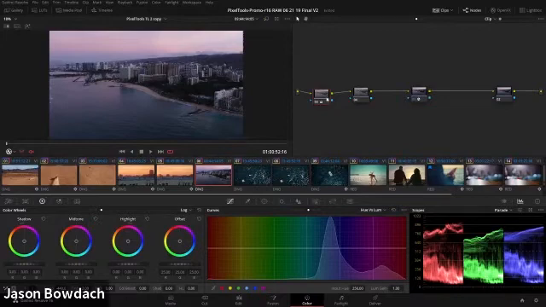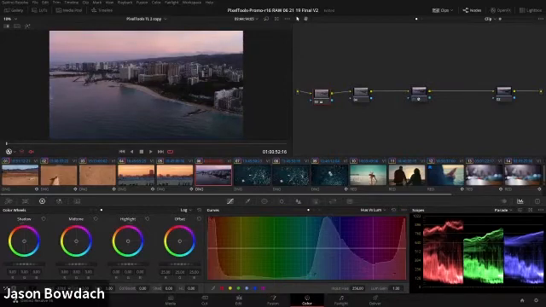So I just want to point out that this happens with LUTs, this happens with color grading, this happens with a control. And I wanted to point out that I am using this temperature control, even though it's designed to be used after the LUT. I'm using it before the LUT and it's working okay. And that's fine. If something works for you, go for it, use it that way. So I'm going to leave that right there because I like how this is doing.